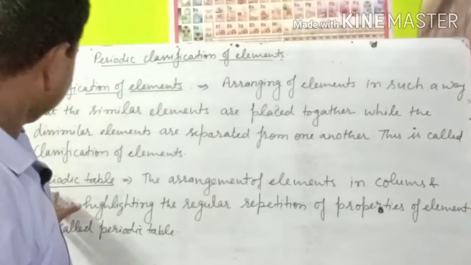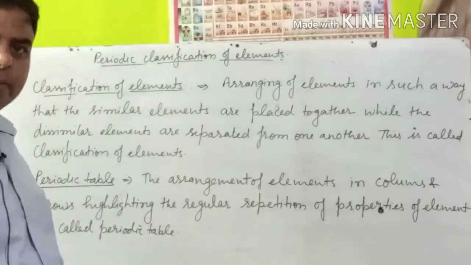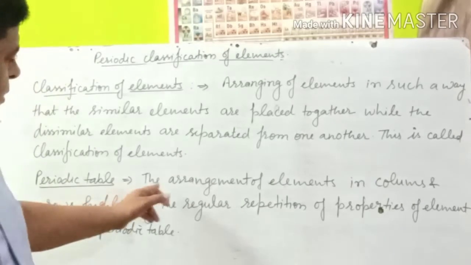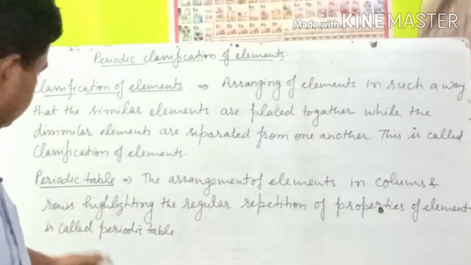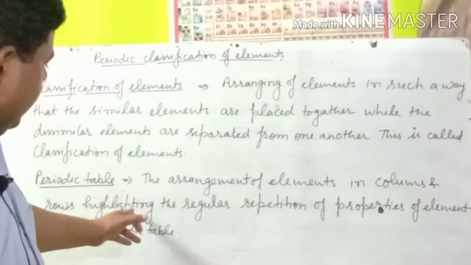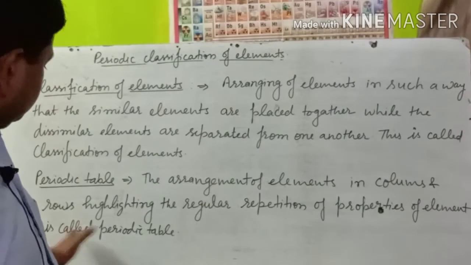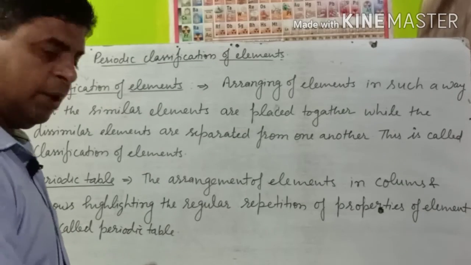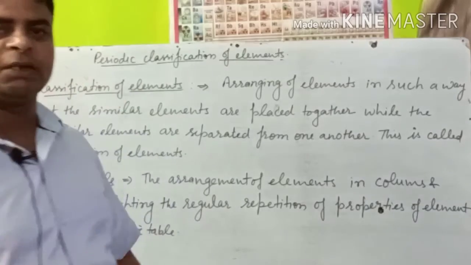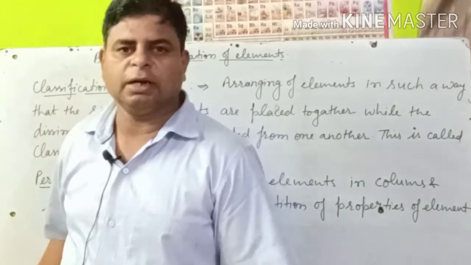So we can say, the periodic table is the arrangement of elements in columns and rows, highlighting the regular repetition of properties of elements. Or we can say, the tabular arrangement